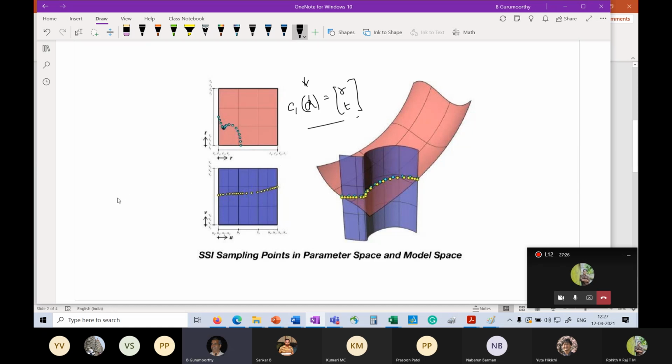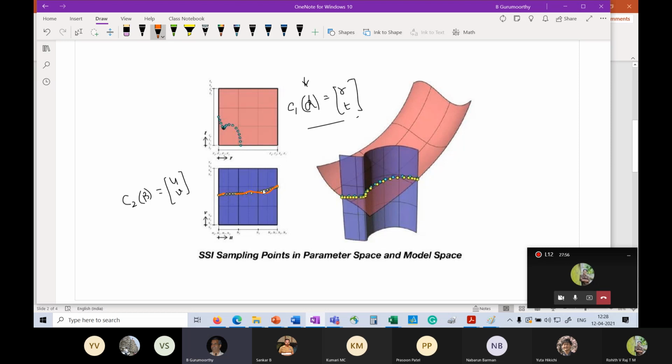Okay, same thing I do here. I say C2 of maybe another parameter beta. It can be alpha also, it doesn't matter, U and V, and I can find this curve here. So now that curve, again, will not be exact, right? Because I have far too many points to have as control points. Therefore, I may get some kind of deviations from these. Okay, that's how the curve might look.